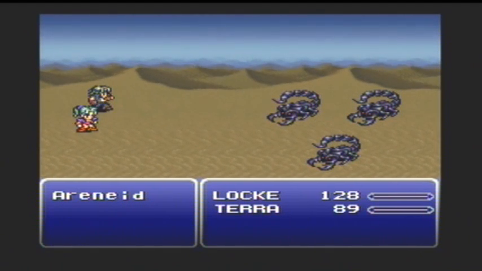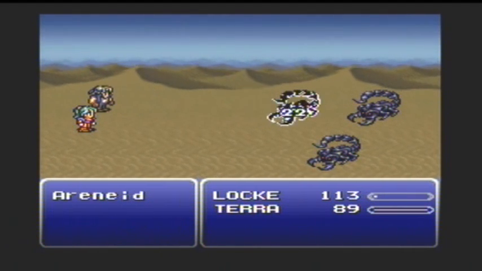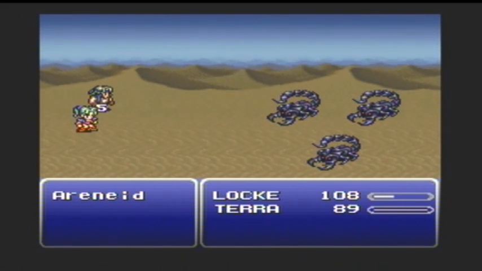Poison isn't that scary in this game. It's not like in other Final Fantasy games where poison will completely destroy you. Poison in this game will only do something like 5 to 10, 15 HP every turn, which is nothing later on. It's hardly even worth bothering about, whereas in other games it's...